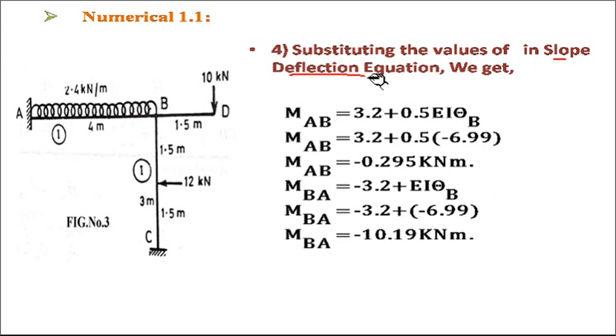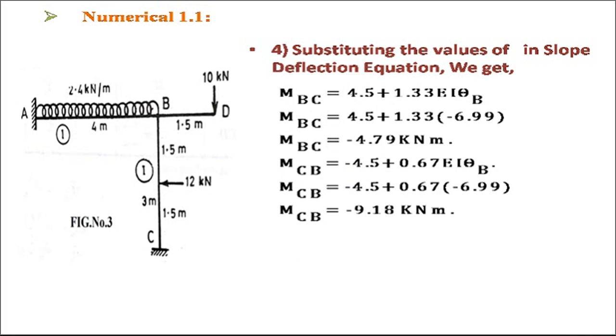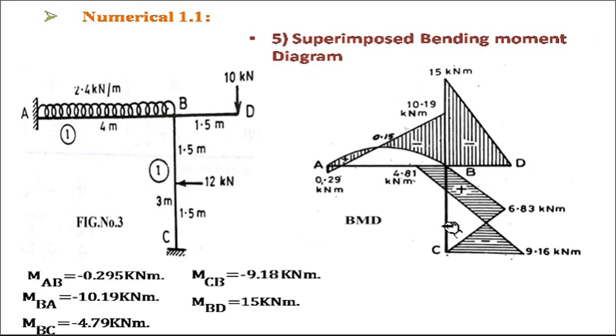When we put the value of EI theta B in the slope and deflection equation, we'll get the moment in each member. The moment in member AB is minus 0.295, moment in member BA is minus 10.19 kilonewton meter, moment in member BC is minus 4.79 kilonewton meter, and moment in member CB is minus 9.18 kilonewton meter. As we have found the moment in each member, the next step in slope and deflection is to draw the